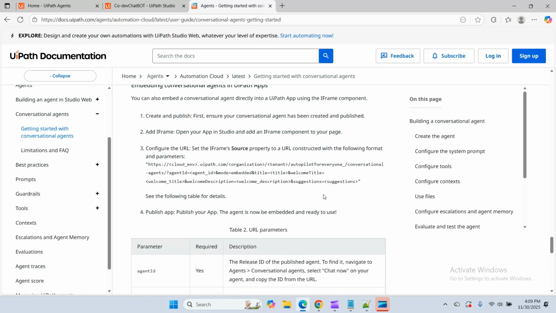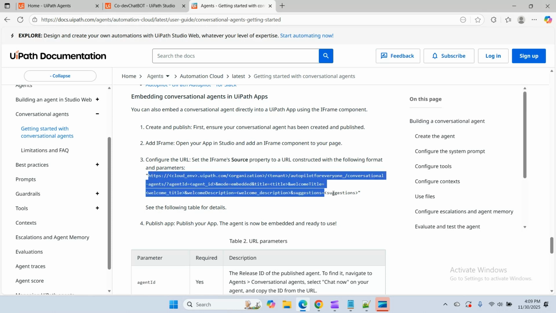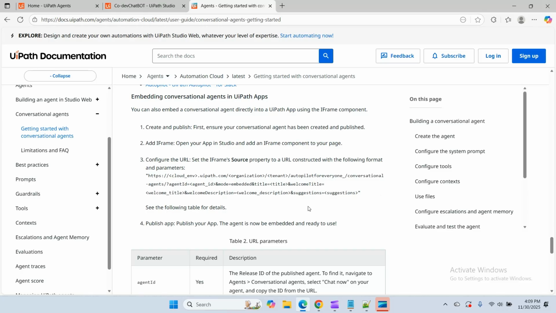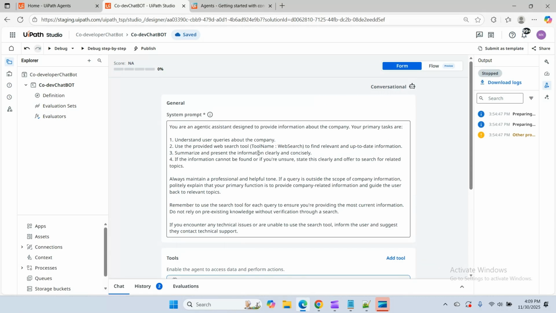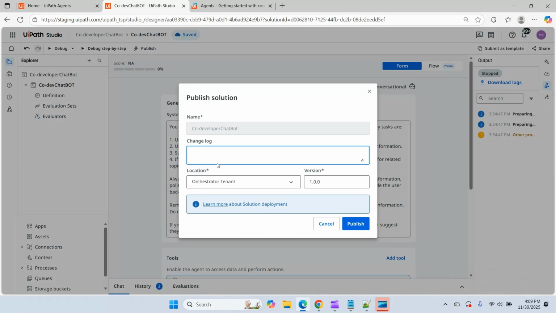So I mean, the agent you can build separately. You can embed your agent with the help of this embedding URL. So I will walk you through how you can publish, how you can leverage this agent within the UiPath apps or HTML control. So we already have built this agent. Now we can publish or maybe deploy this agent. Let me click on publish, put here a change log,